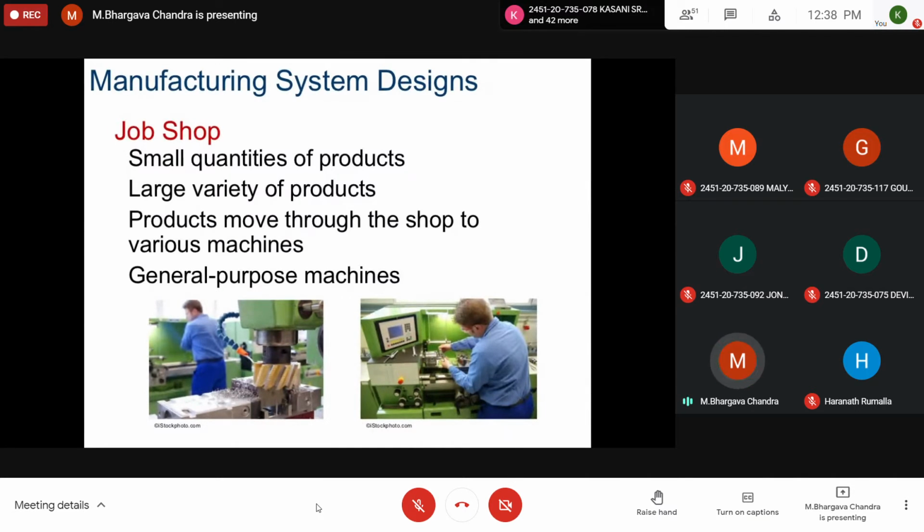For example, in our workshop, we have a laboratory called the junior workshop. You can call it a job shop also. There you have 7 types of trades, 7 different varieties, where small quantities of products, for the purpose of study, are created or manufactured. So remember, a job shop is the smallest production center. You cannot erect a BHEL or a BEL for the manufacture of small components. For small components, you have a small job shop.